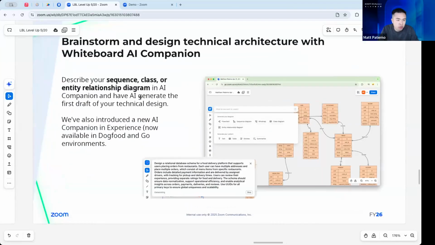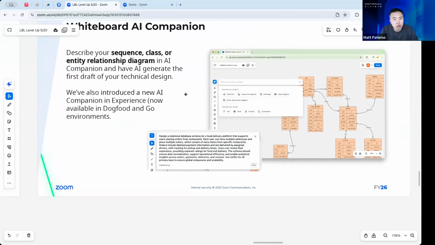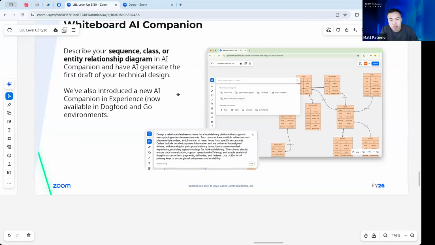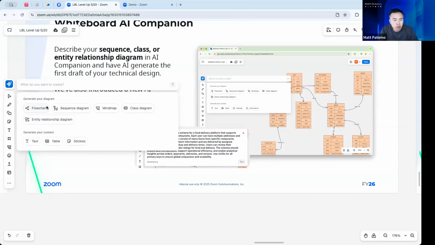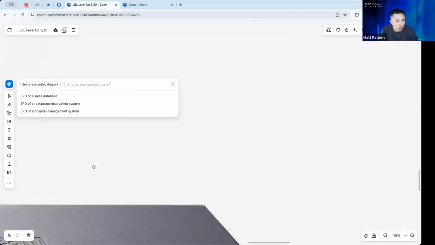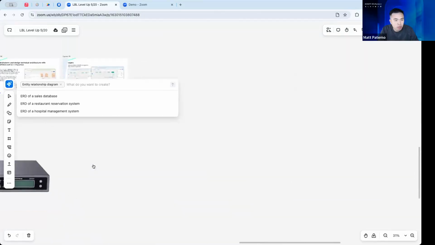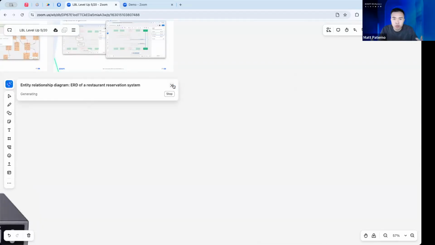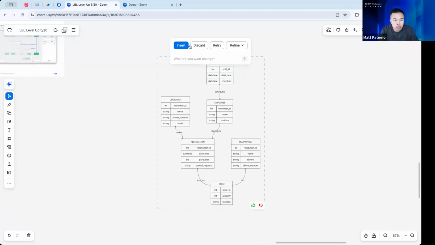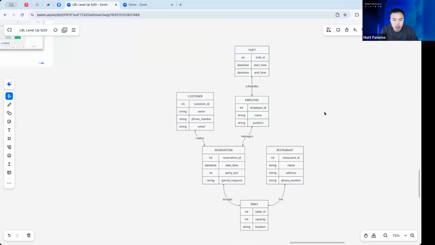The last thing, or second to last thing, I want to talk about is AI. We have a lot of AI capabilities, and it's something that Zoom's been investing a lot into. In terms of whiteboarding, you have the ability to generate diagrams from a description. If you click on flowchart or entity relationship diagram, which is another technical architecture for software design, you can get your first draft of a diagram in Whiteboard and then edit it like any drag and drop canvas. For example, this is an example we have in here, and now you've mapped out